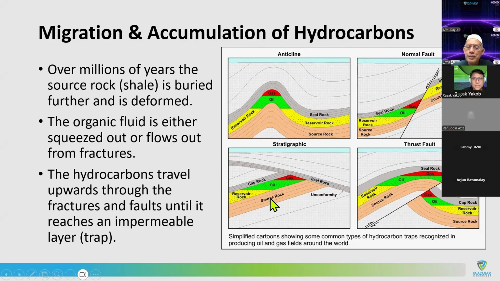In this particular case, for example, there's one crack going up here, and you can see that it tries to go in, fill up, and move up to the surface unless it is stopped by a cap rock, a sealing rock. Once it gets there, it cannot move anymore and of course will be trapped, and after millions of years it will segregate, because this is actually a combination of oil and gas in one phase.